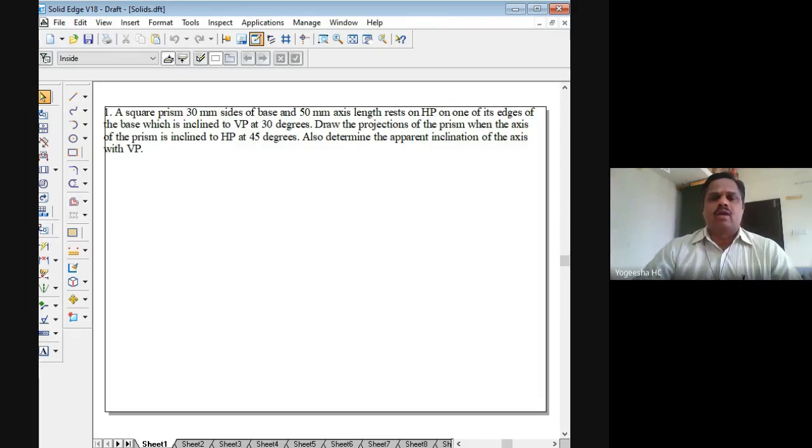Similarly, we have another solid called a hexahedron. It is again a special kind of prism, a square prism I can say, wherein the bottom base is a square, the top face is also a square, and the lateral sides are also squares of the same size. As you know, hexa means six, hedron means faces.